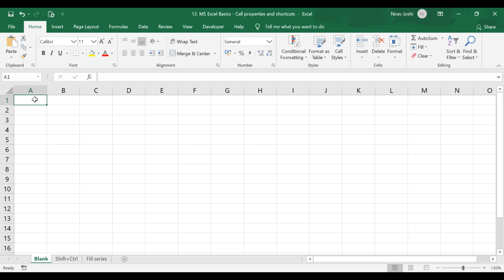Each and every cell in that worksheet is identified by a name: the first letter indicates the column and the number indicates the row. These details appear in the name box to identify an individual cell.